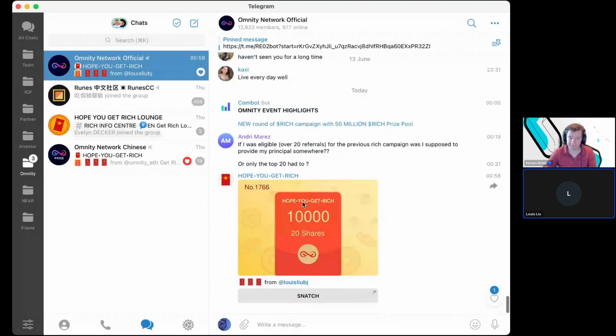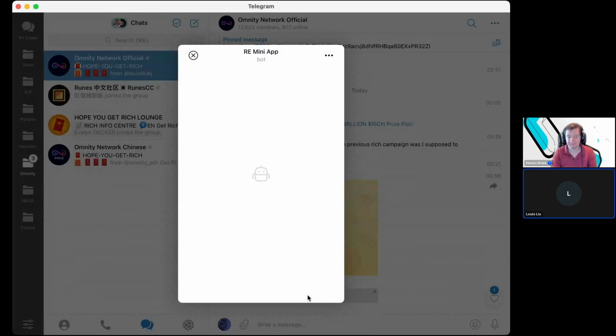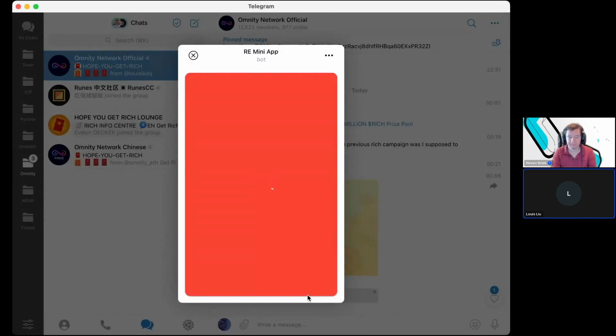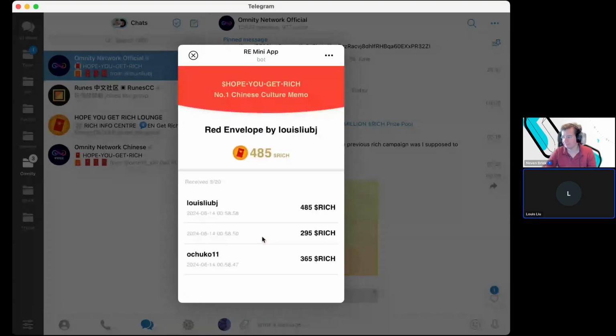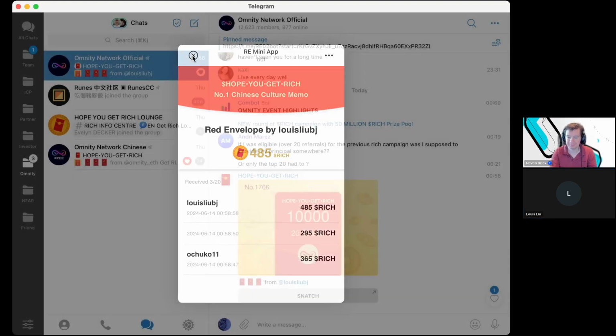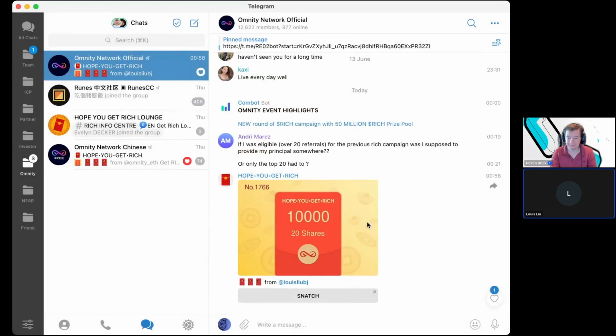This one was created and sent by me just now, and I can snatch it. So it's a Telegram mini app. I hope you get all the Rich. Okay, I snatch, and there are other people too. So anyone can snatch a red envelope directly in Telegram, and if